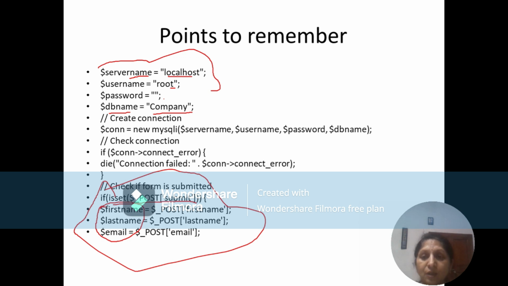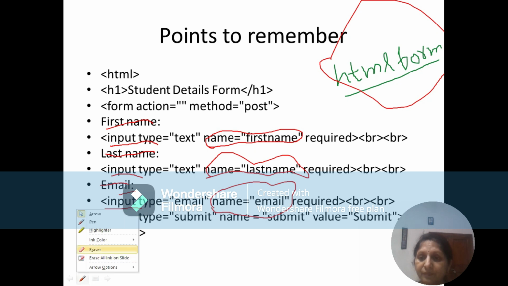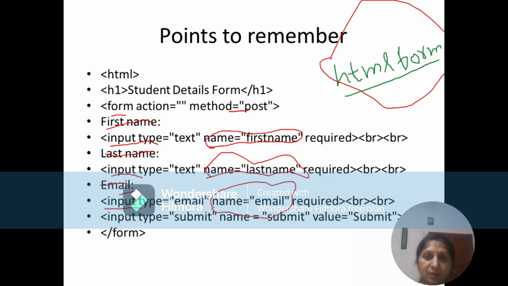Okay. Now the first form data that we are going to read is the first name. What is the form data that we are reading? We are reading the form data first name. What is this dollar underscore post? This is the global variable and we are using it because in our form we have used the method post. So let's go back. Let's come back to the form, and here you can see this is our form tag and the method is post.